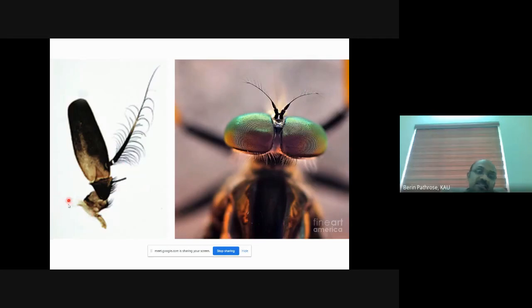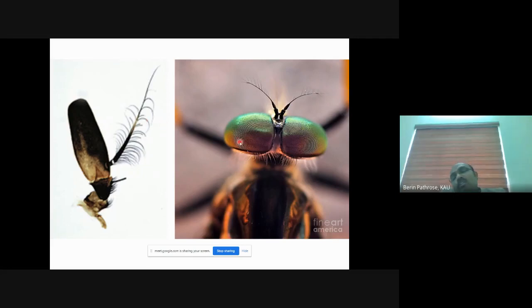This is a decapod antenna. This is the scape, this is the pedicel, and the flagellum is enlarged, and the dorsal part of the flagellum has a bristle called arista. That is called aristate antenna, which we see in the case of houseflies. These are extremely small antennae. It's not that easy to view this aristate antenna in houseflies. So the last segment is enlarged and it has a bristle-like arista. So that is seen in houseflies.